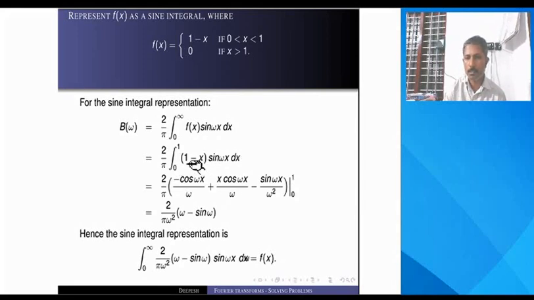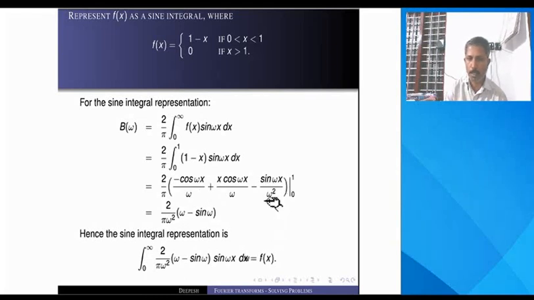So integrated, it is just sin omega x minus x into sin omega x. Sin omega x will have a direct integration, and for x into sin omega x you need to use integration by parts: first function into integral of second function minus etc. So I have integrated it, and you need to evaluate from 0 to 1, and the denominator is having omega square here. So you can put an omega here and make the denominator omega square, put again an omega here and make the denominator omega square, so that you can write 2 by pi omega square. So there will be an omega coming here, and here it is not needed.